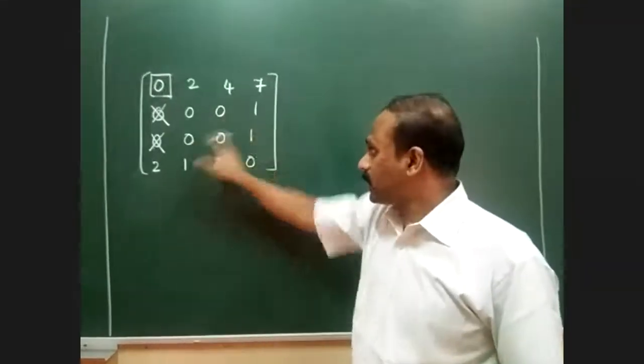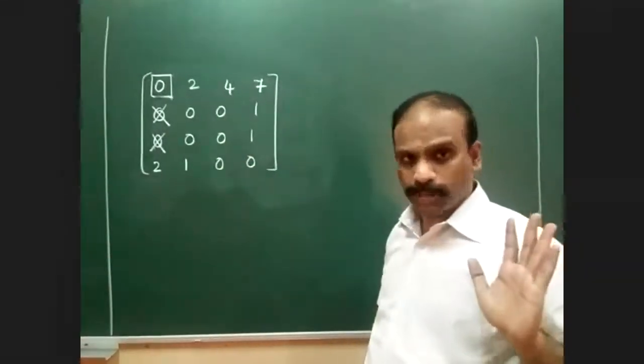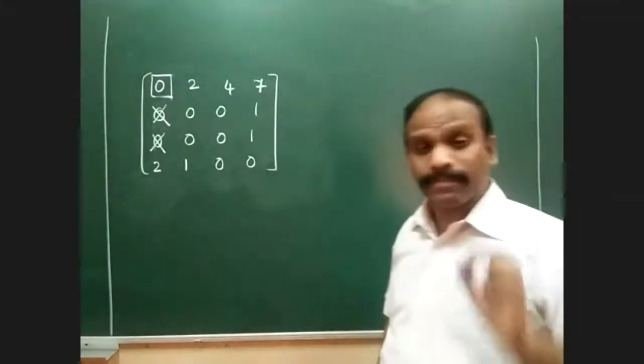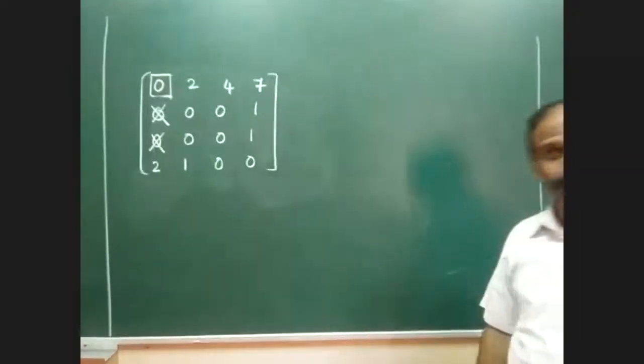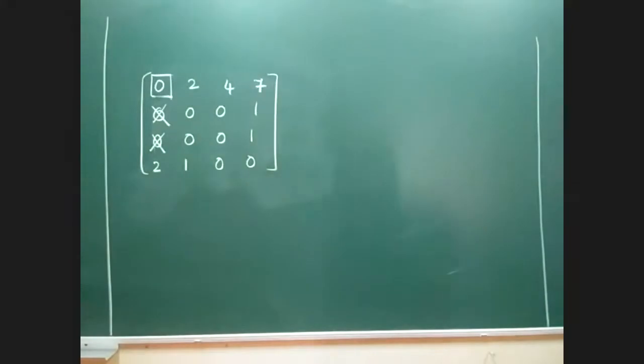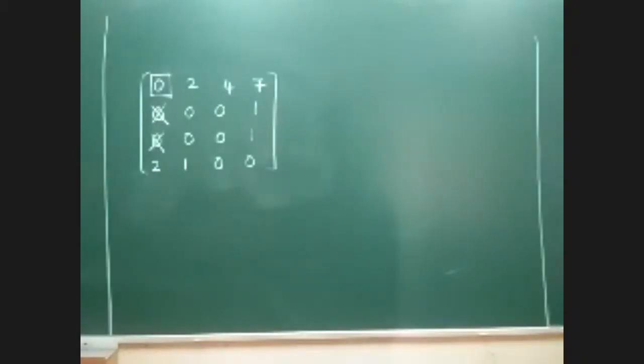Now you can see that row number 2, row number 3, and row number 4, all the 3 rows have exactly 2 zeros each. The beauty of this method is you don't have to worry whether there are 2 zeros or 3 zeros. You can consider 2 zeros, you can consider even 3 zeros. There is nothing to worry about. The only thing I'm supposed to see is, is there any row with a single zero? Then first allocate. You should always allocate the rows with a single zero first. The moment the rows with a single zero are exhausted, all other values can be considered.